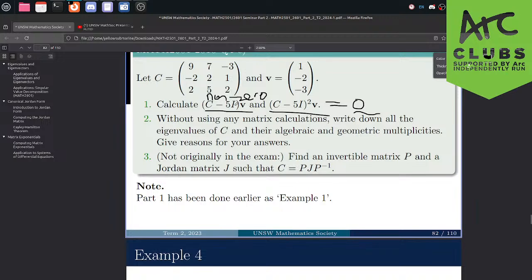If we had the algebraic multiplicity being 1 for eigenvalue 1, what that would mean is that you never have a minus lambda. If you have a generalized eigenvector V, it must actually just be an eigenvector. The reason why is because when you go from the kernel of A minus 5I to A minus 5I